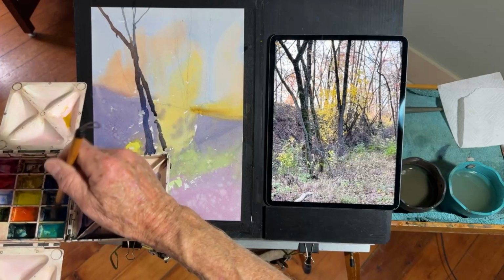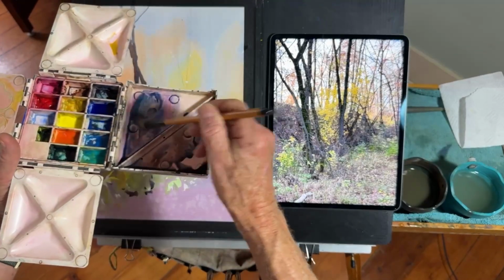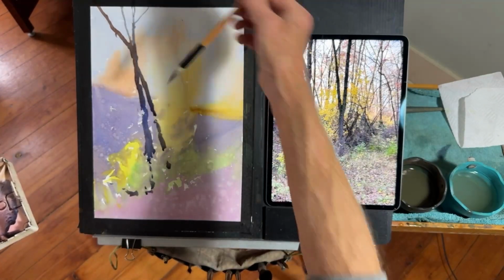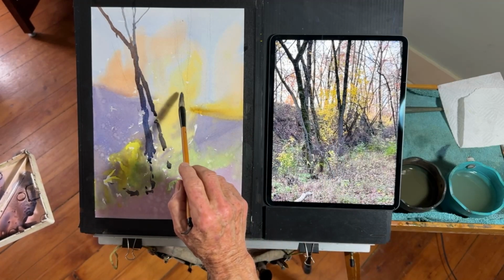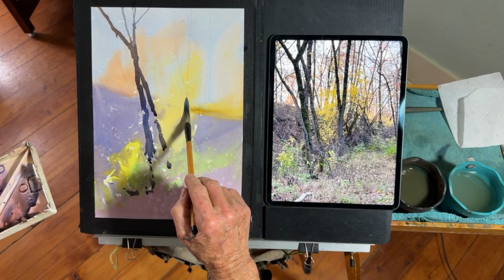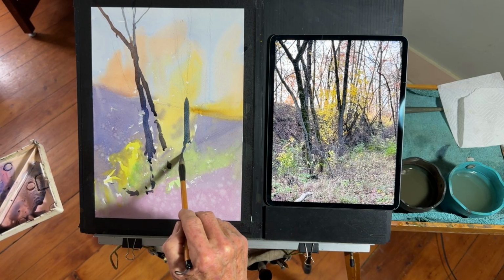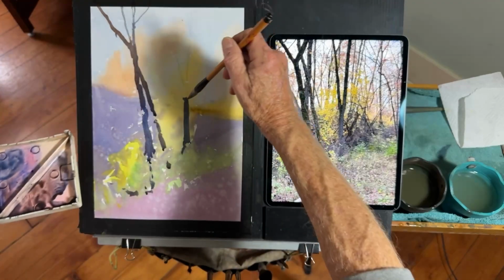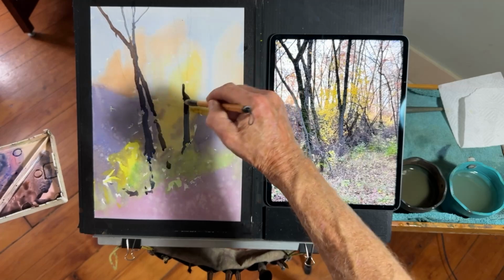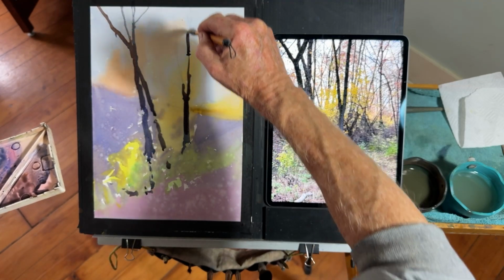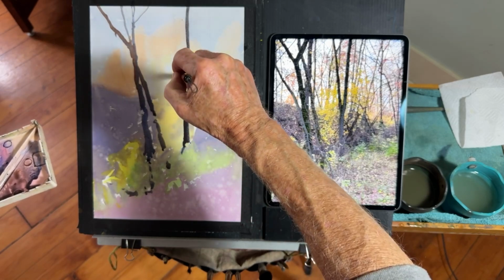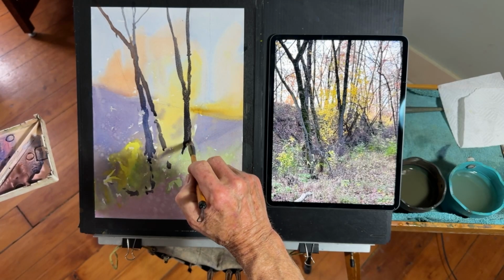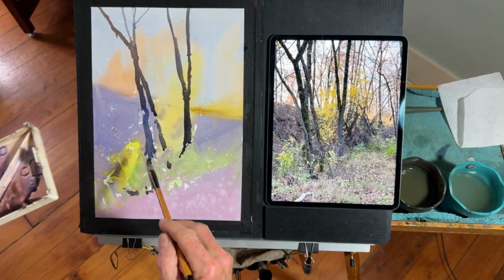I'm going to start with maybe a little cerulean blue to get a different character. If they're not all the same color, they won't appear the same. So to the point where the junction is, maybe. You can get a thicker mark by pressing on the brush. Now into the browner mix. Let a little of that run downhill. If it's too thick there, make it thicker down here. So as long as these things are not all the same width,